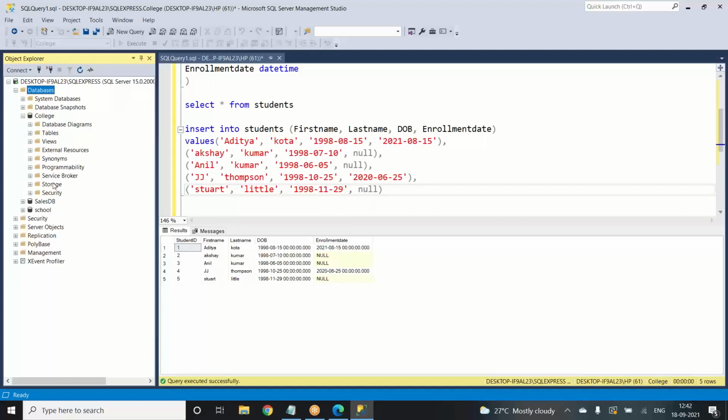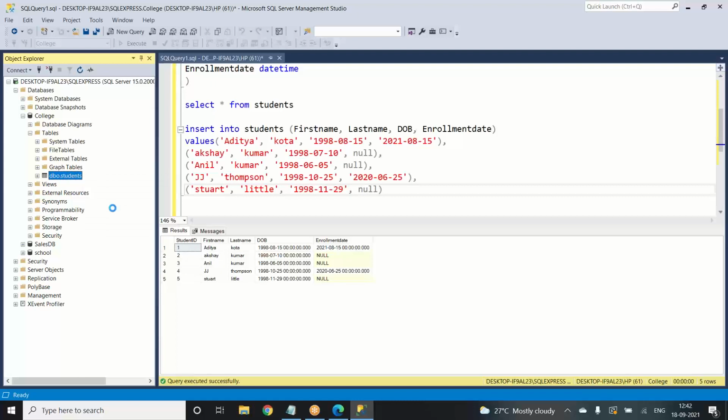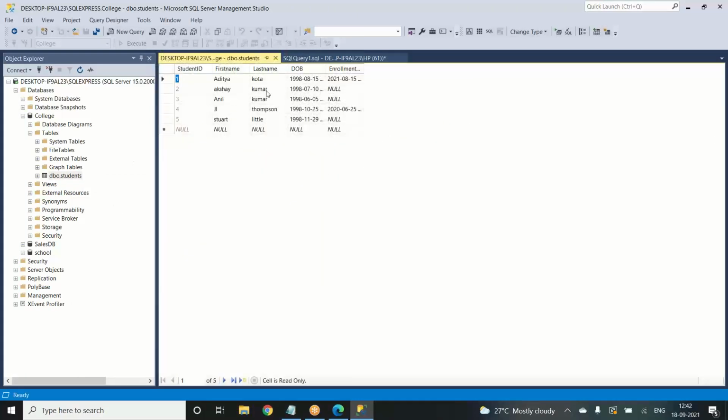Expand it again, and inside this you will have an option called tables. In that you will have the tables I've created. Till now we have just created a student table. If you want to edit the contents in the student table, you can right click on it and you'll have all these options. You can go to edit top 200 rows. Just click on this one and you'll have the option to edit whatever you want. Okay, sir. So that is the easiest option.